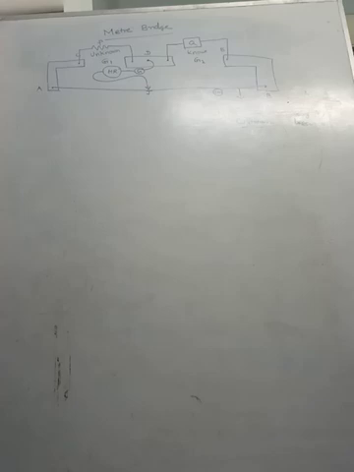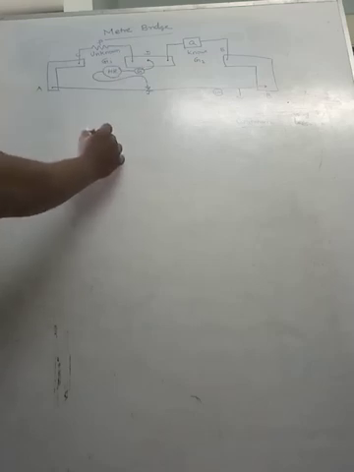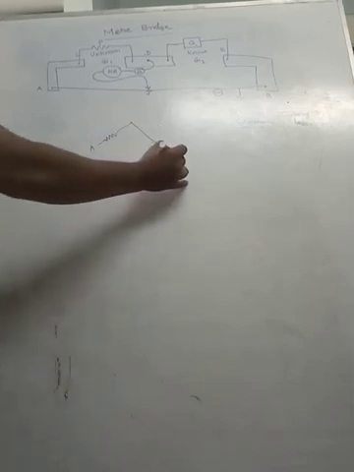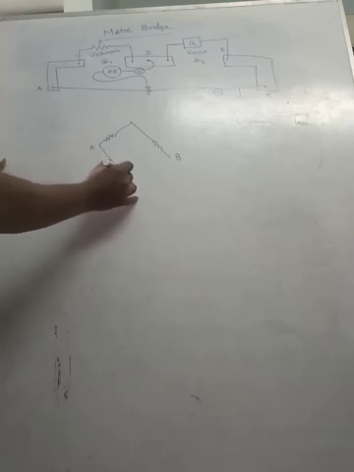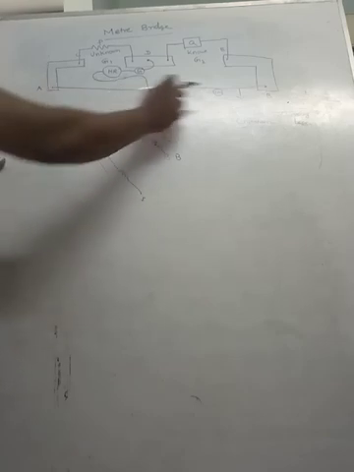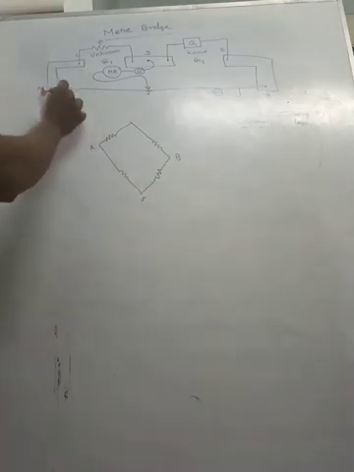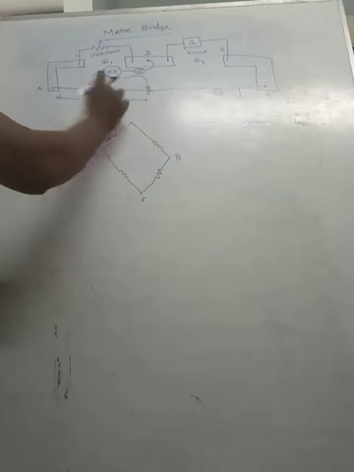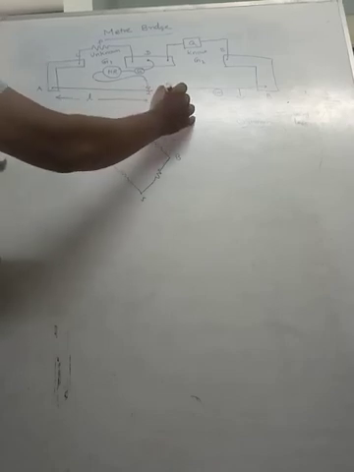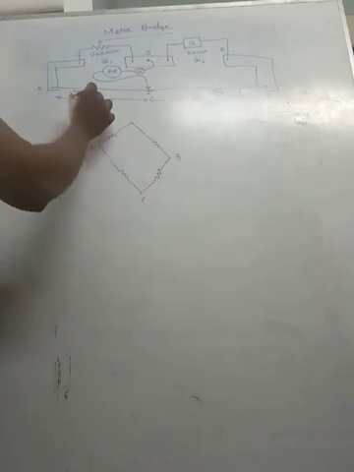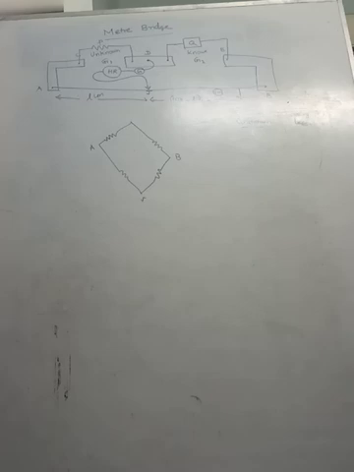Okay, understood or not? Now you can draw the equivalent network in the Wheatstone bridge. Now you see this point, you take it as A, and this point you take it as B. This point you take it as jockey G, because this wire is only connected across here. And this point you can take it as here, and this length let me take it as L, and the remaining length will be 100 minus L in centimeter.